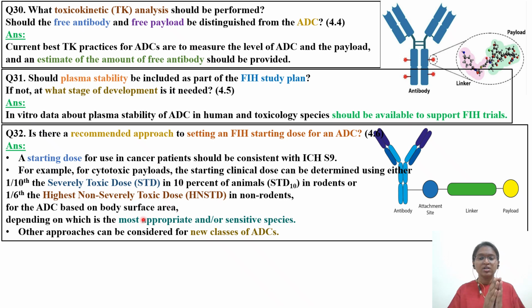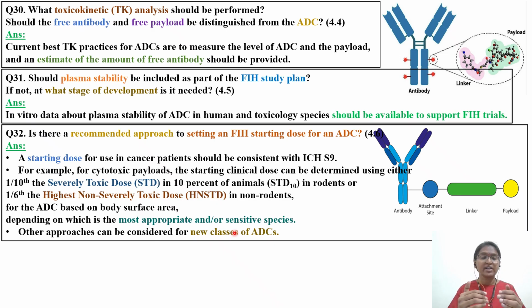And also there are certain cases, if there is an increase in tumor cells, there are certain types of tumors where there is an increase in tissue and a localized tumor. So in those cases also there will be an increase in body weight. So in either case body weight is not constant. That's why BSA is considered as a baseline to derive the treatment doses for these cancer patients, depending on which is the most appropriate or the sensitive species. So we need to identify it.